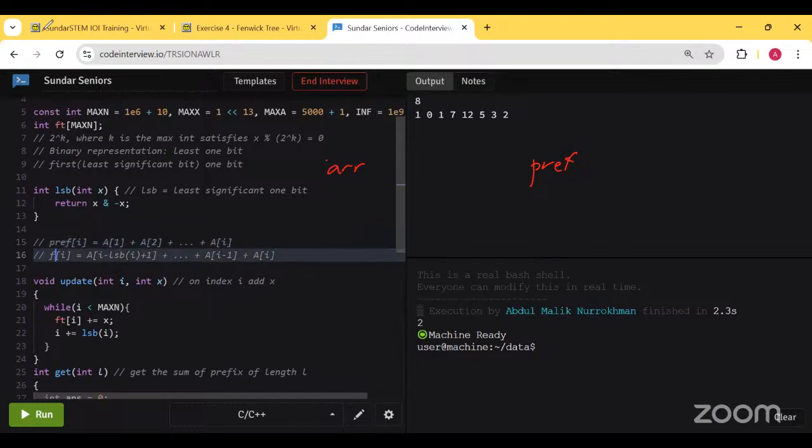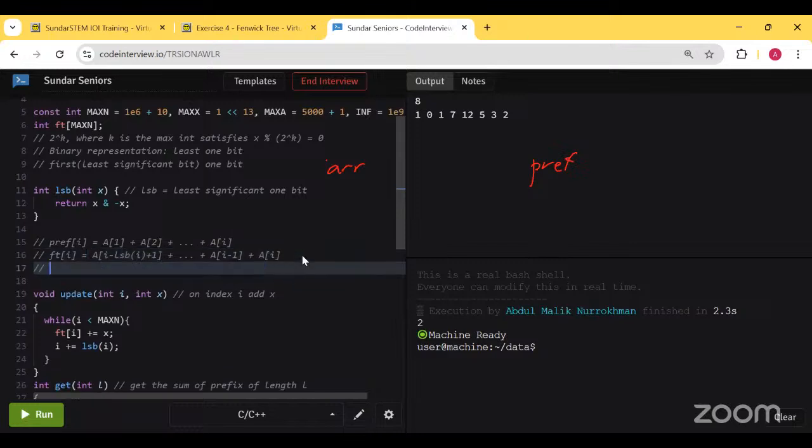But in Fenwick tree, we are not only storing itself, but not storing all of the value, but just storing 2 to the power of k. Or let's define it as pref I minus pref I minus the least significant bit of I. Okay,